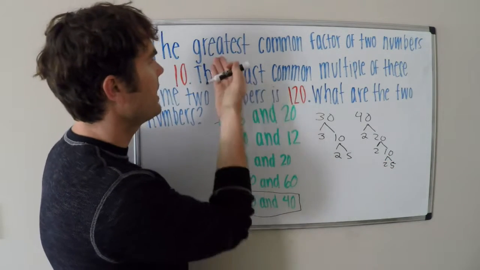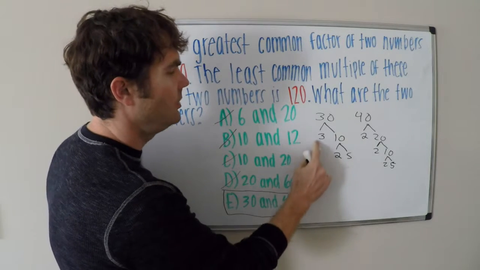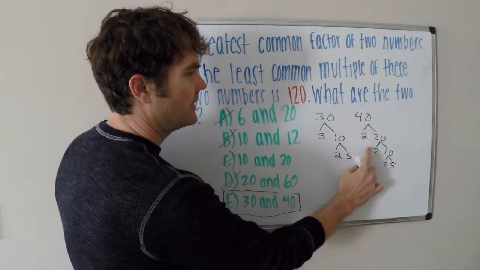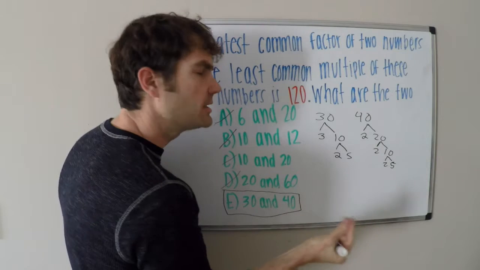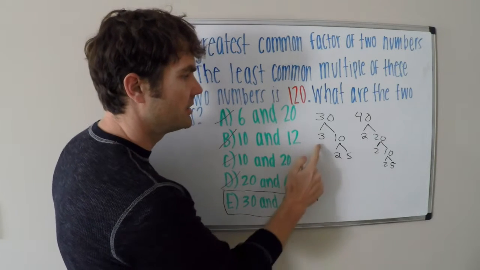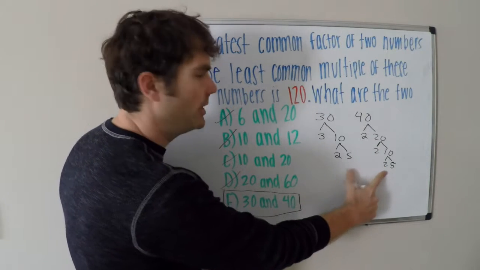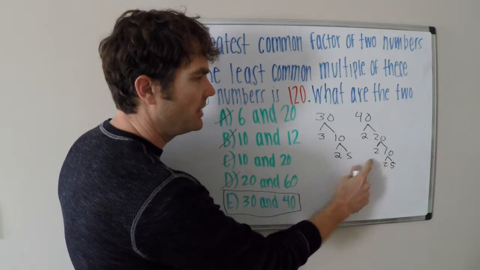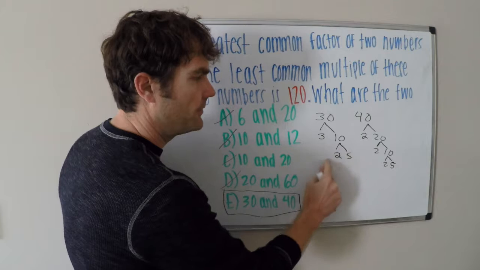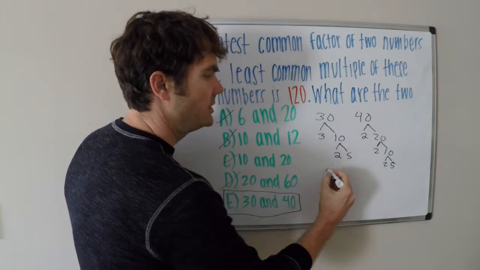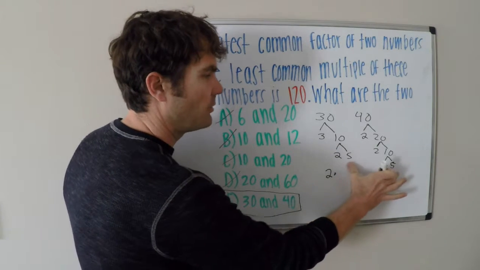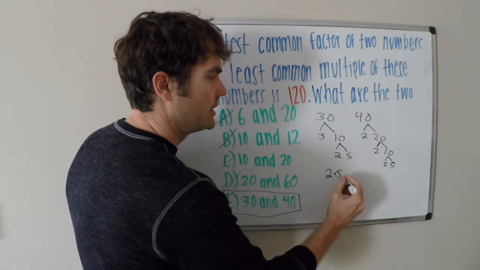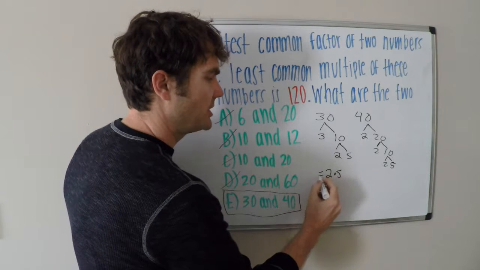Now, if I'm looking for the greatest common factor, I'm going to look for only numbers that these have in common and the least number of each one they have in common. So they don't have any 3's in common, so 3's out. They have a 2 in common. 30's got the fewest number of 2's, so we've got 1, 2 in common, and they both have 1, 5. So 2 times 5 will give me my GCF,